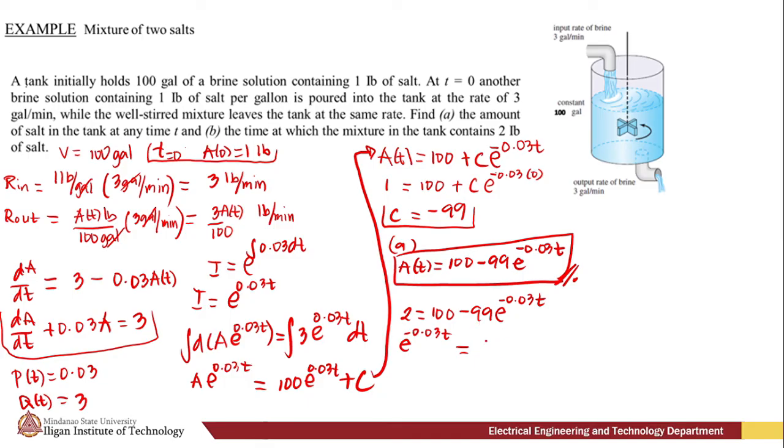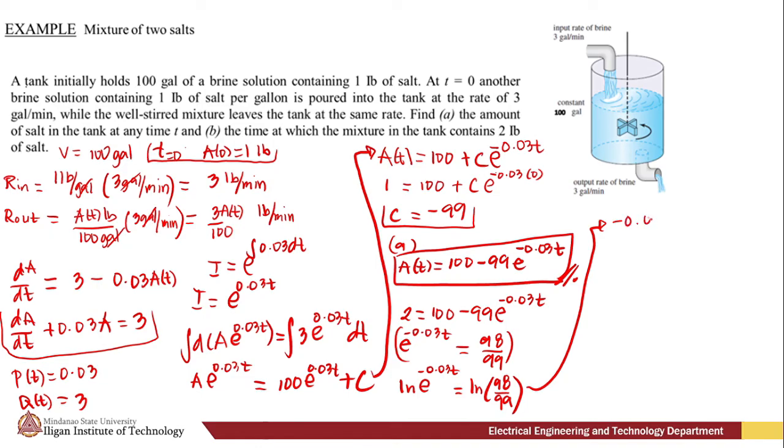Divided by negative 99, we have 98 over 99. So applying natural logarithm to both sides of the equation, we have ln e raised to negative 0.03t equals ln of 98 over 99. Simplifying this one, we have